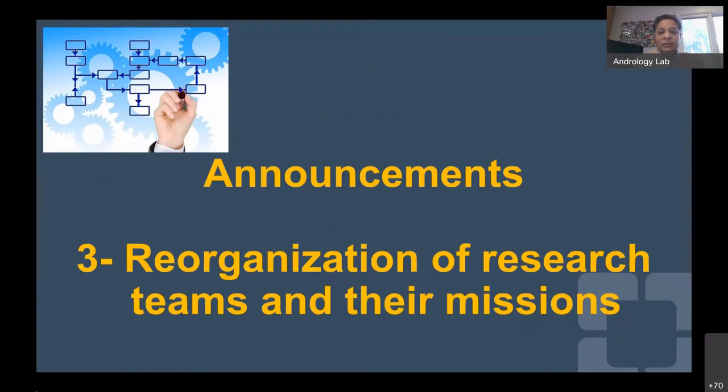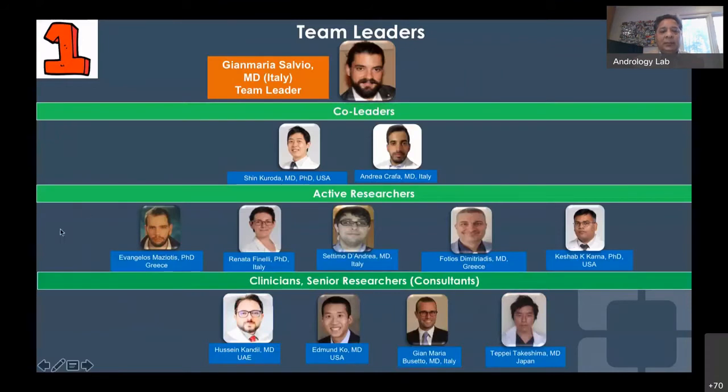Let's move on to the reorganization of the research teams and their mission. Next slide. So as time progresses, we decided now is the time for us to expand the leadership teams and research teams. Instead of 4, we reconfigured these into 6 teams because we have so many more clinicians and researchers who have joined in the last 3-4 months that we felt we need to bring in more talent and give more people the opportunity to become leaders,